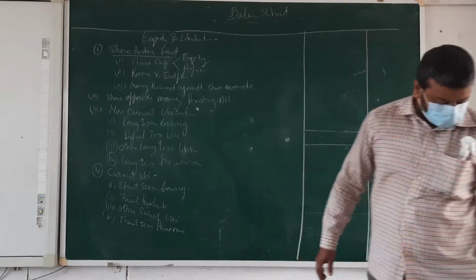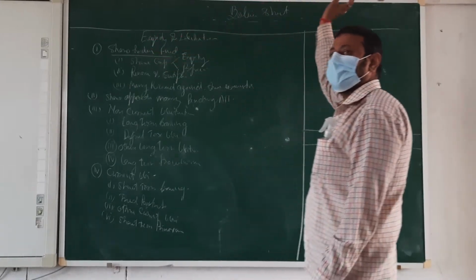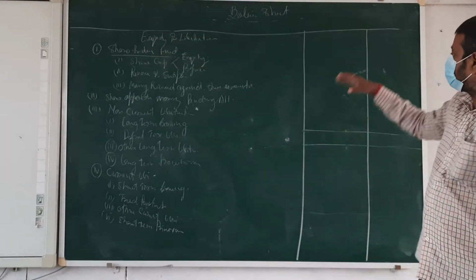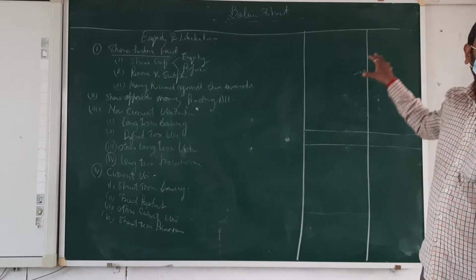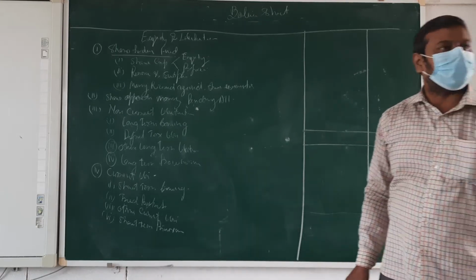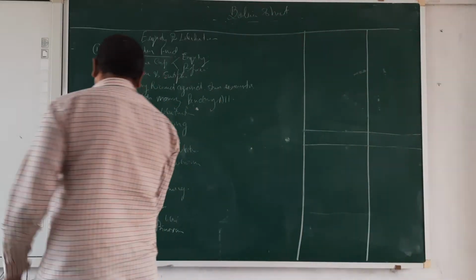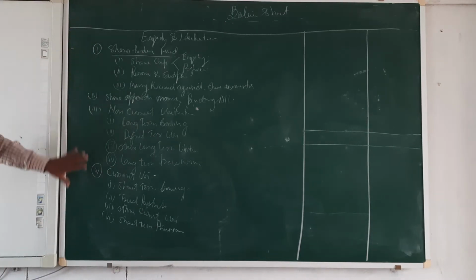Okay? In sole trade, we make the balance sheet with assets on one side and liabilities on the other side. But here, liabilities are on the top side and assets on the down side. Okay? Top side all liabilities and down side all assets. And the liability side is divided into four main parts.